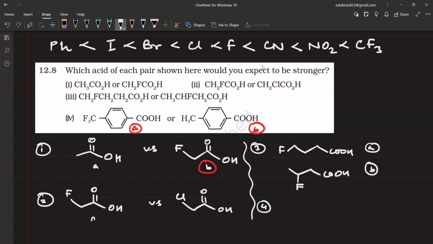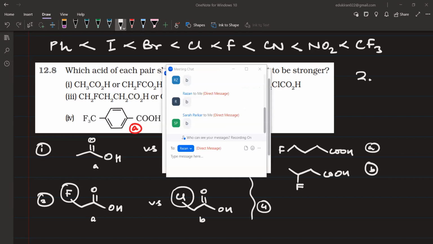नेक्स्ट में बताइए ए और बी। सेकंड क्वेश्चन में ए और बी, टेल मी गाइस विच इज मोर एसिडिक हियर? Where do we have more electronegative element? अब ग्रुप को देखिए ना, हियर वी हैव क्लोरीन एंड हियर वी हैव फ्लोरीन। यहाँ पे आपके पास फ्लोरीन है, यहाँ पे आपके पास क्लोरीन है। ऐसे दीजिएगा आंसर 2 का ए या बी, ठीक है ना, मिक्स हो जाएगा अदरवाइज।